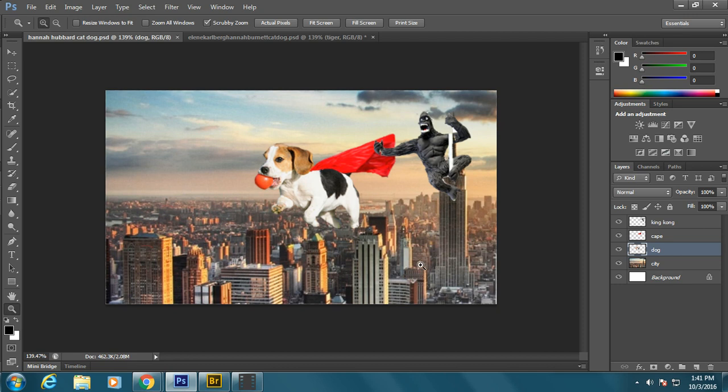In this video, we are going to talk about the manipulating tools, which are also called filters in Photoshop. So if we're looking at this image here, we have the city as a background with the dog as a layer, the cape as a layer, and King Kong as a layer. We can take something that's on a layer and manipulate it using filters to make it look like something